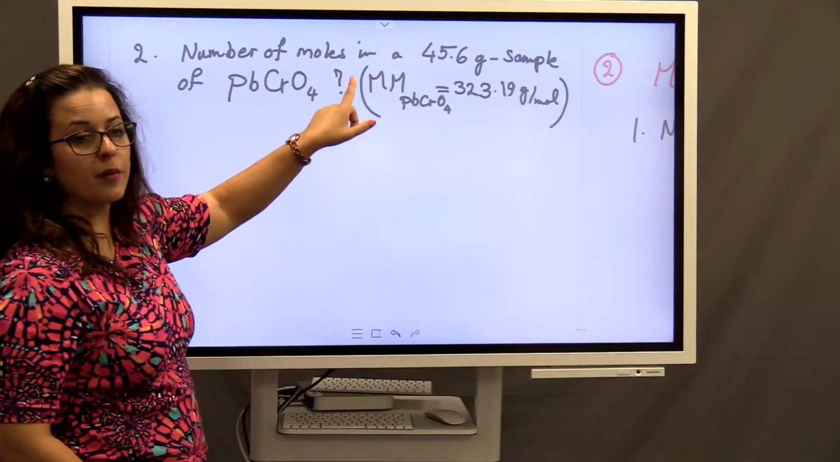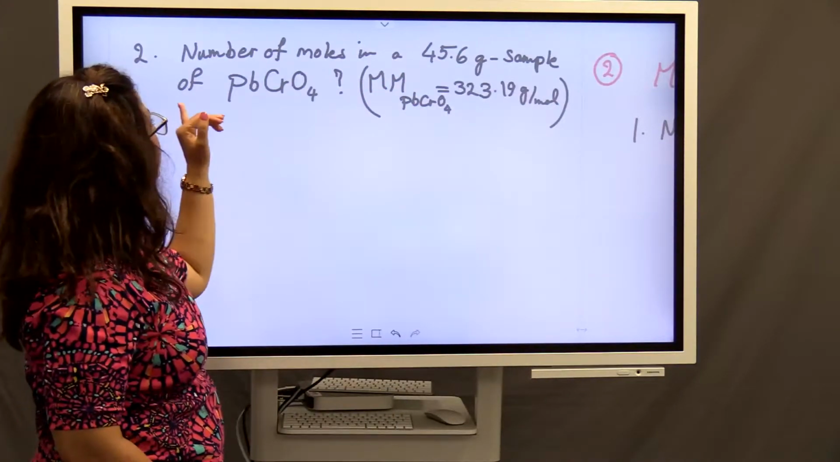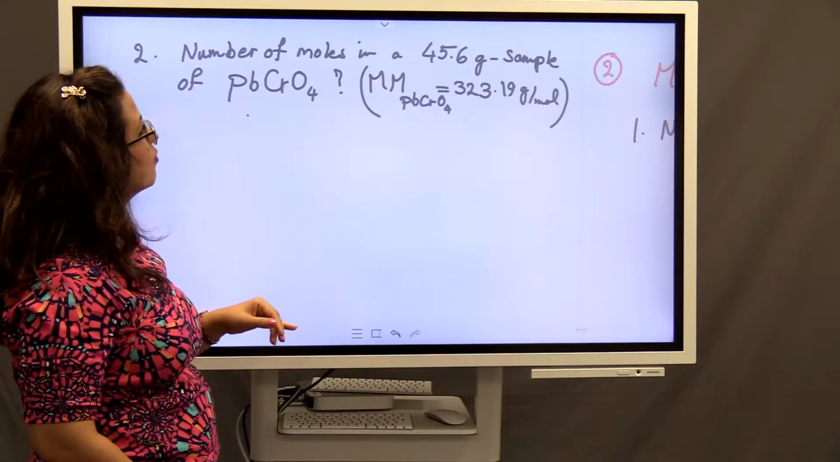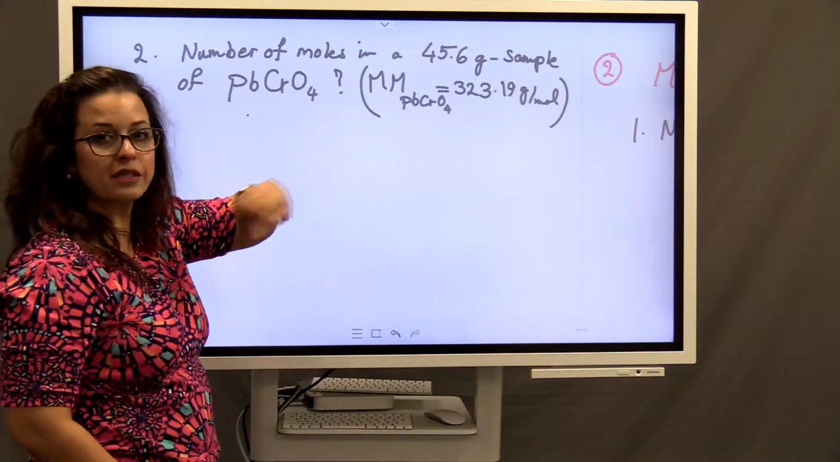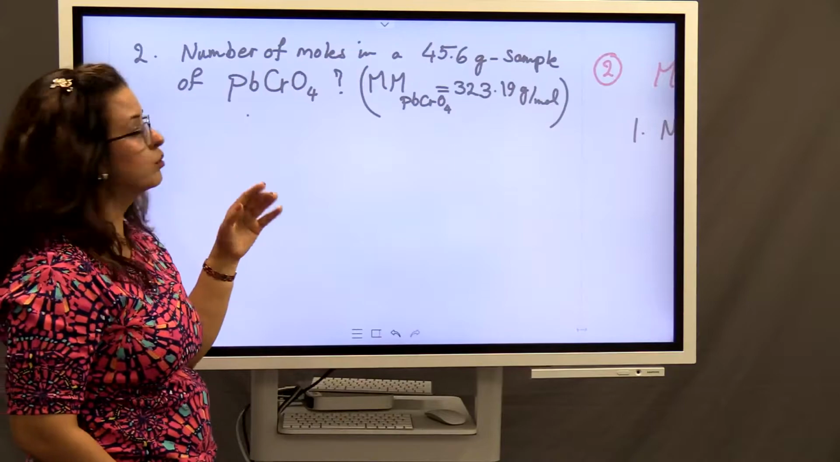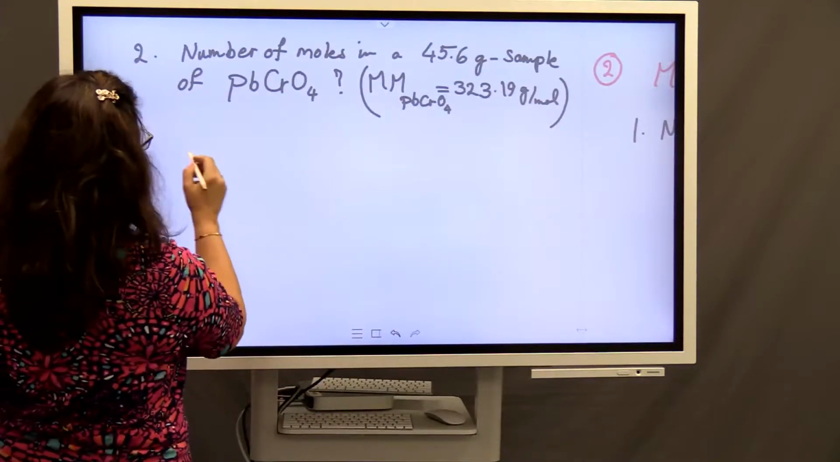We are looking for the number of moles in a 45.6 gram sample of lead chromate, PbCrO4. Again, to save time, I wrote the molar mass of PbCrO4, which is normally not given, but you know how to calculate it. So, let's start with the given value,